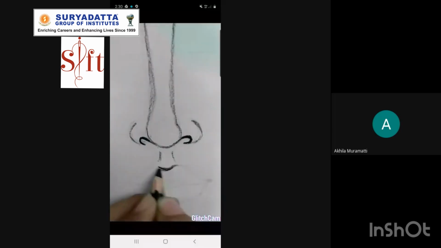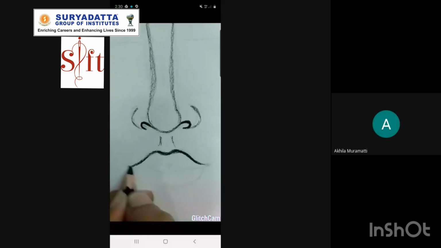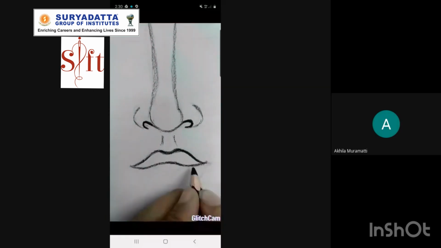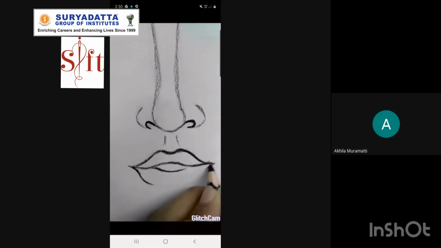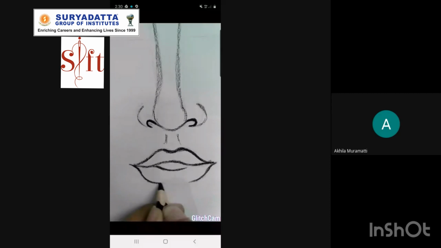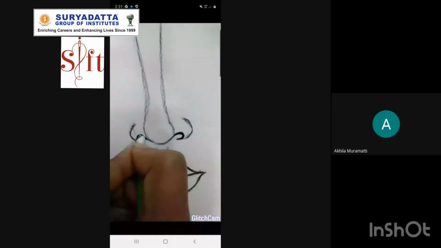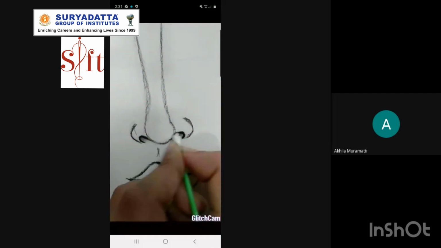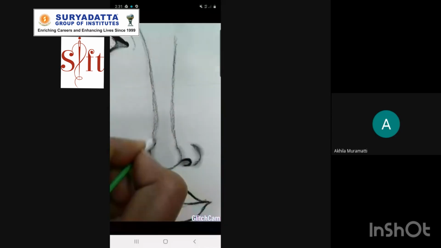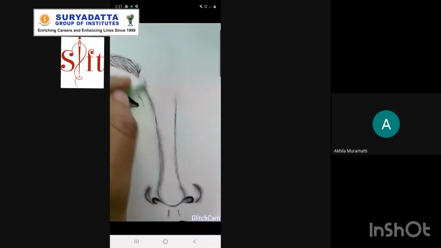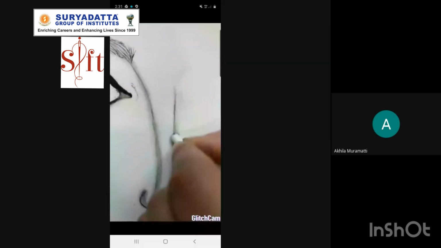And the upper lip is again a darker area. Press pretty harder while you're drawing the portion of the lips. Again the corner. Keep blending the lines that you draw in a dark shape or in any kind of dark area. The line should not be as dark as a sharp end.